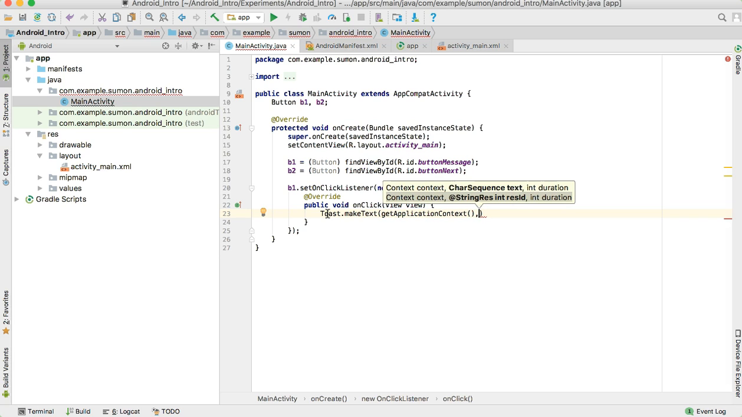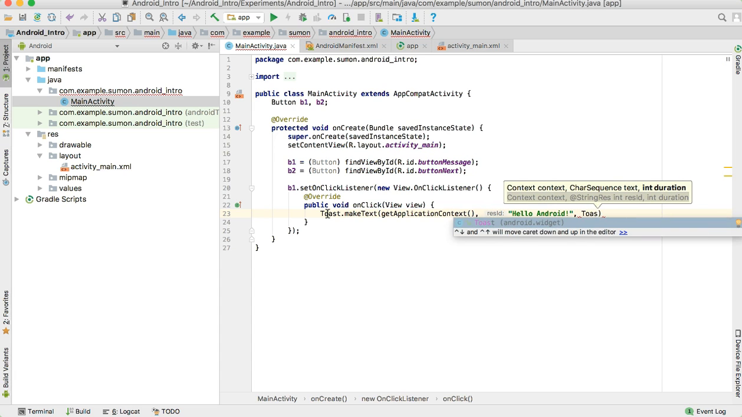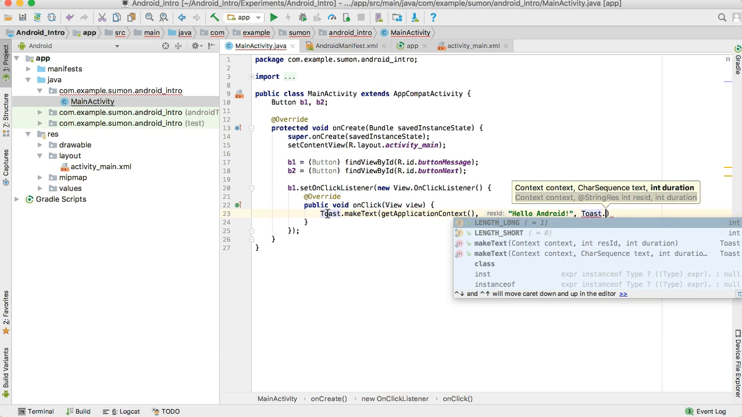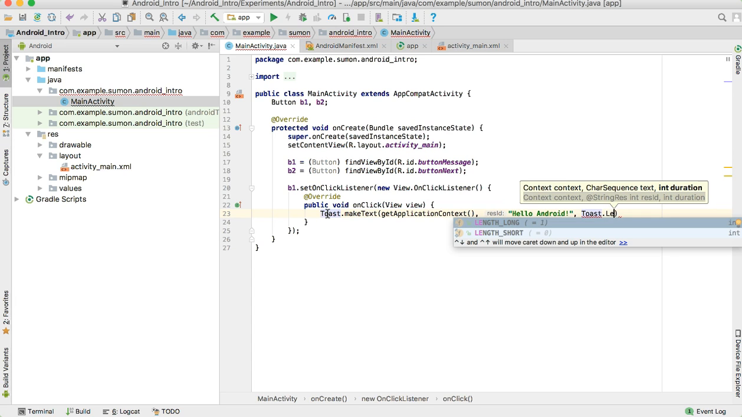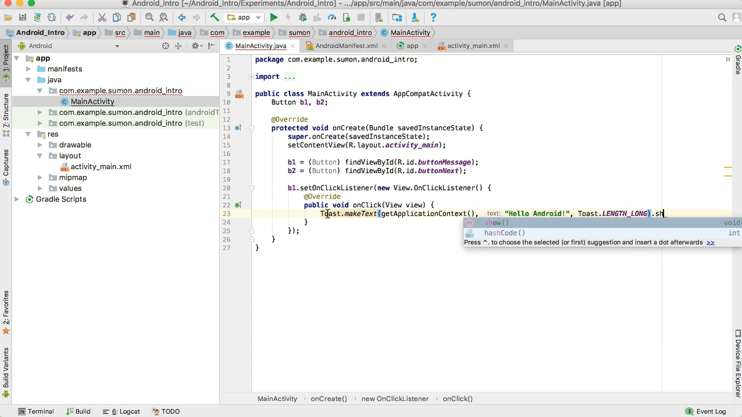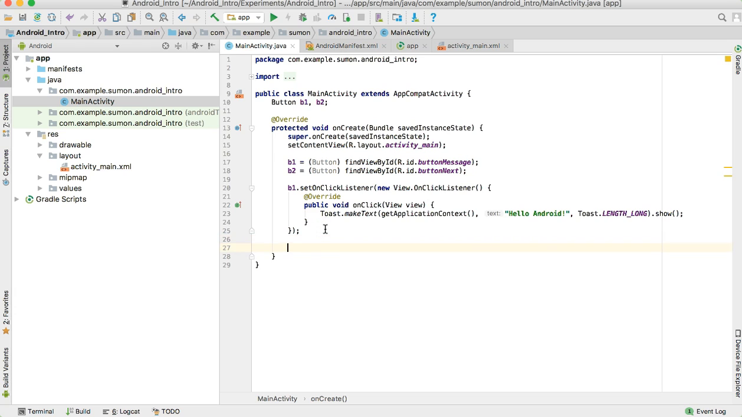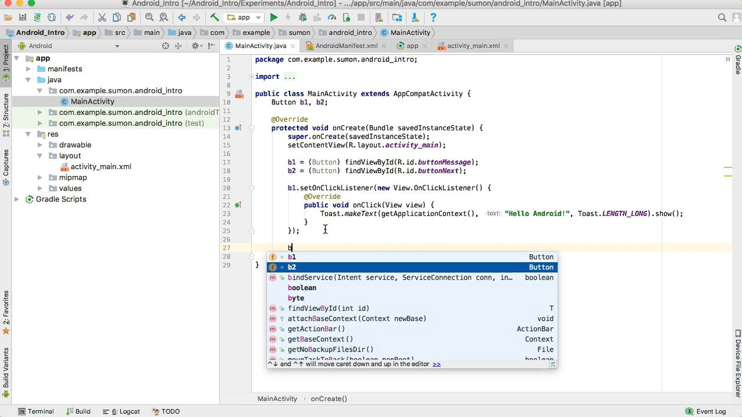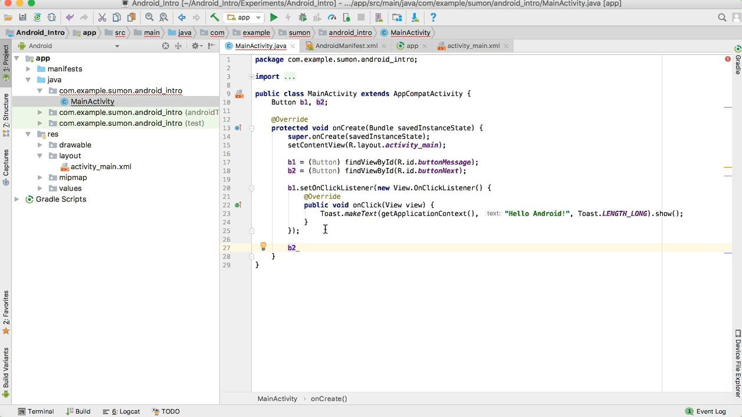So we are making the text. This is the text we are going to show when we press that button. The other parameter is the length, how much time we are going to show that message, long or short, maybe long, and then show it. For the next button, we are going to write setOnClickListener,